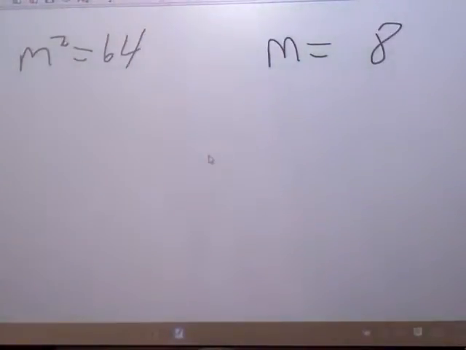Alright, so starting off here, pretty simple, pretty straightforward. This says m squared equals 64, and we're just told to solve. So we're just trying to figure out what m is. And you would say m is 8. And I'll say that's half right. Very good, Aaron. It could also be negative 8. Okay, put the plus minus out there. Zane, very good, because we know that 8 squared is 64,